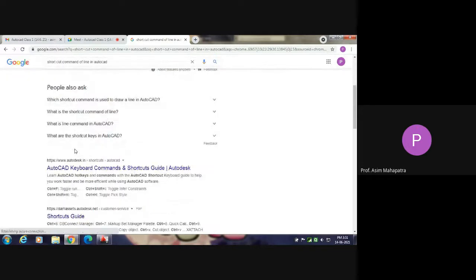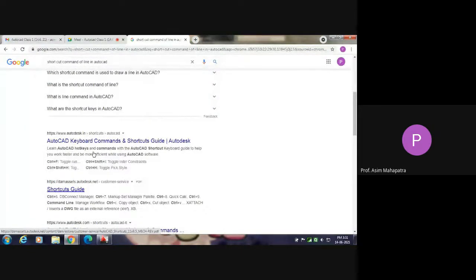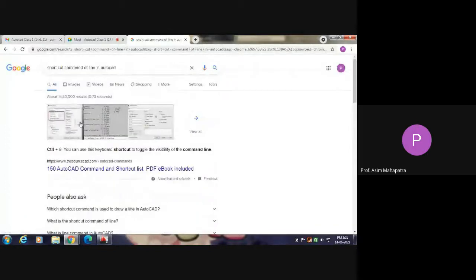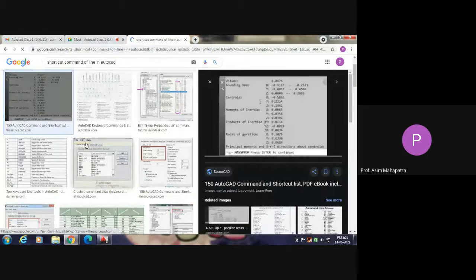You'll find the answer anywhere. There will be several shortcut guides, etc. Few commands can be remembered, and if you forget anything, you will find it from the Google search box.